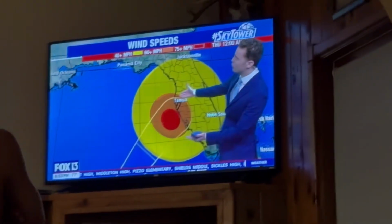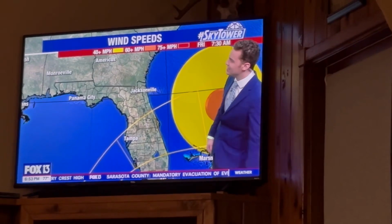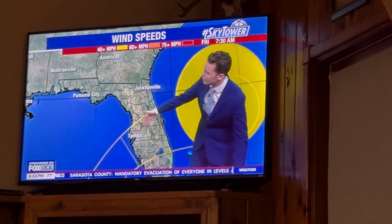Widespread tropical storm force winds here shown in yellow, with hurricane force winds across the state fast enough to still transport some of those hurricane force winds to many of our counties across the